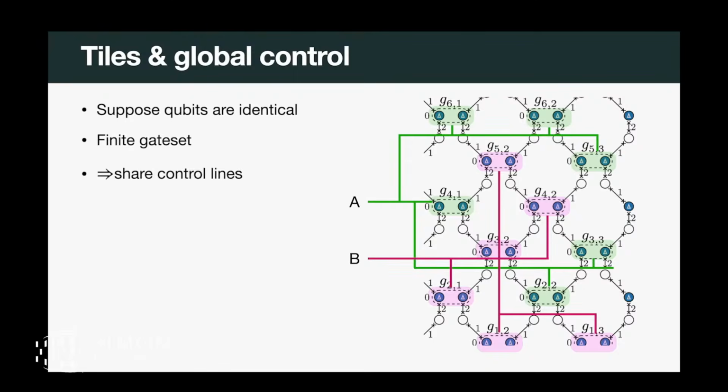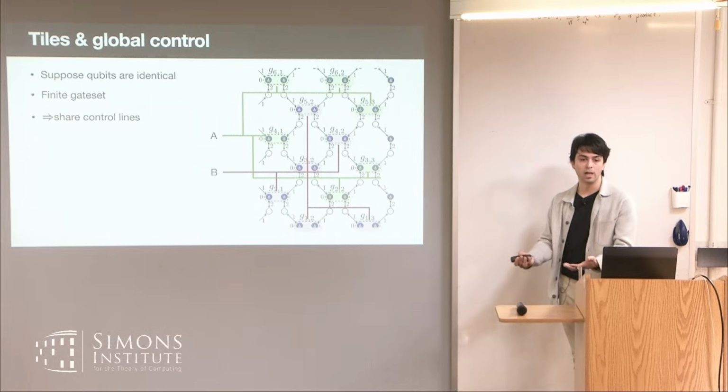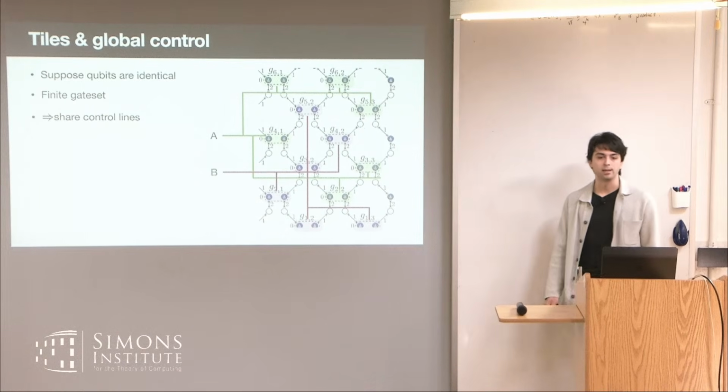Can you say a bit more about what you mean by it? Suppose I want to do a Hadamard at these locations in step 0 of the circuit. If your qubits were identical, you could imagine sending in the Hadamard tone such that you do the Hadamard. Oh, it's like the same pulse. Yeah, that's right.